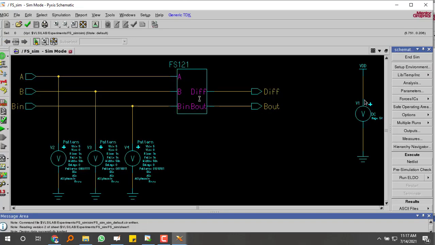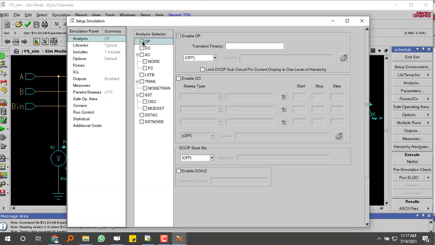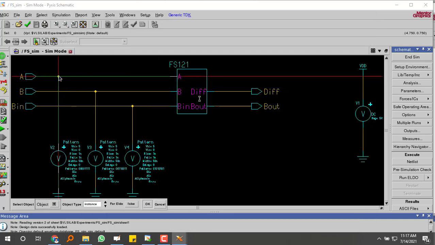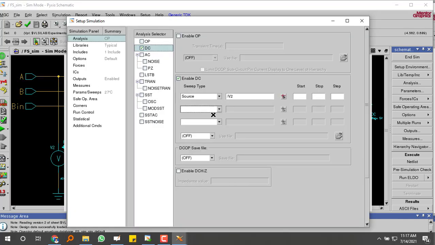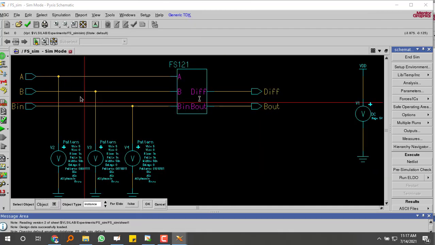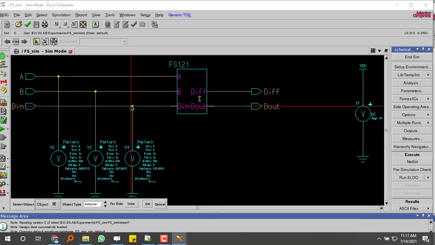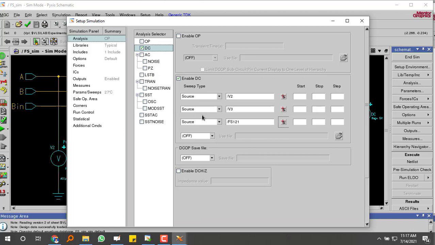Once the simulation starts, you go to analysis, DC, source, V2, source, V3, source, this is V4.